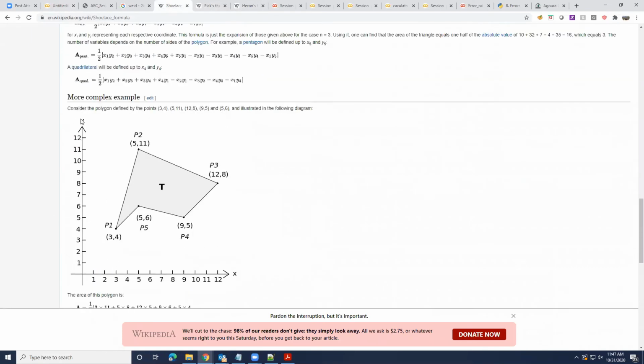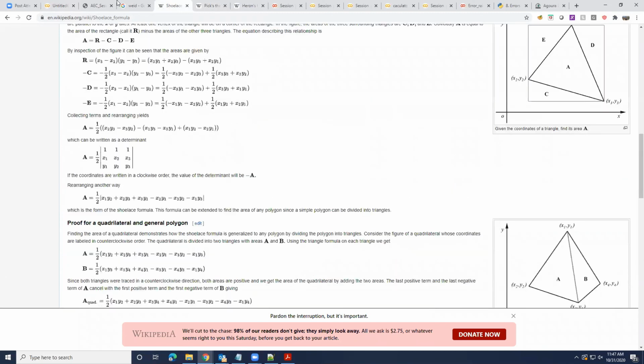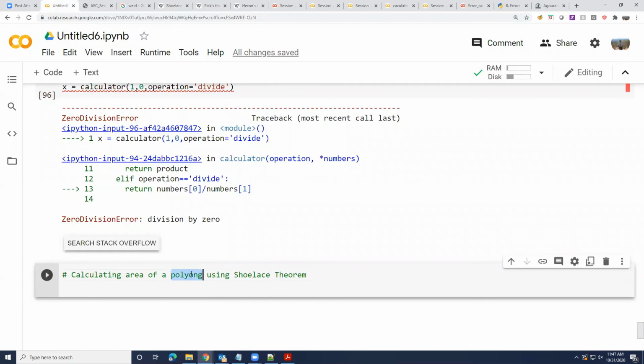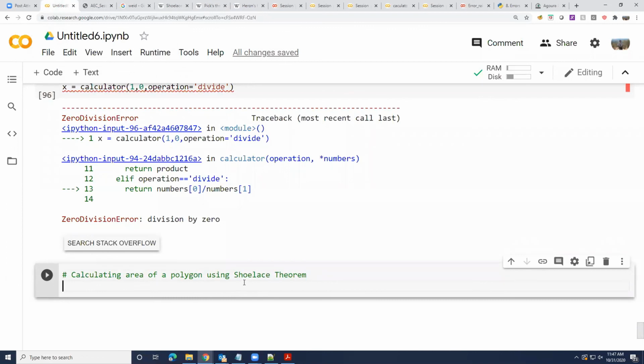They have given a lot of nice examples on how to do this, right? There are algorithms here. You can probably even find an algorithm, but please don't copy directly. Calculate the area of a polygon using the shoelace theorem. Sorry, polygon. My spelling today has been pathetic. The thing is, you should not assume what polygon you are getting. You will get three or more vertices, and your vertices are tuples, right? You get three or more vertices and you have to calculate the area of that. So that's one question.